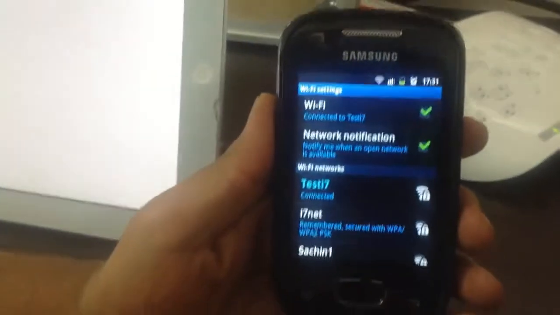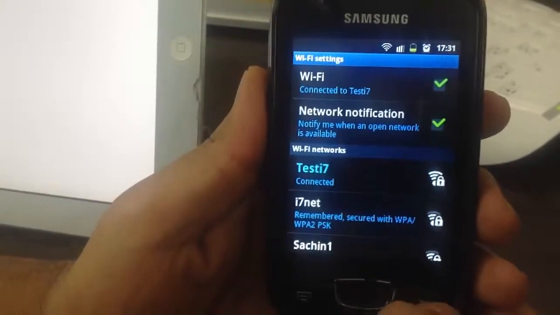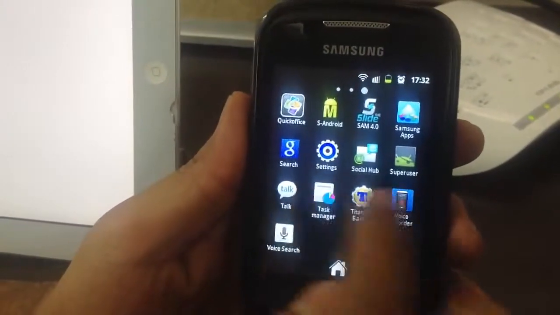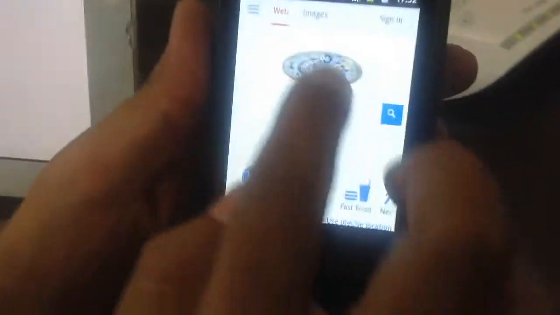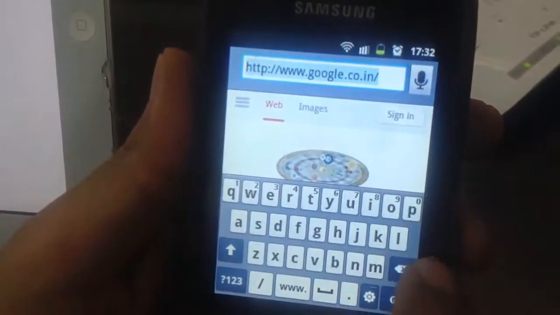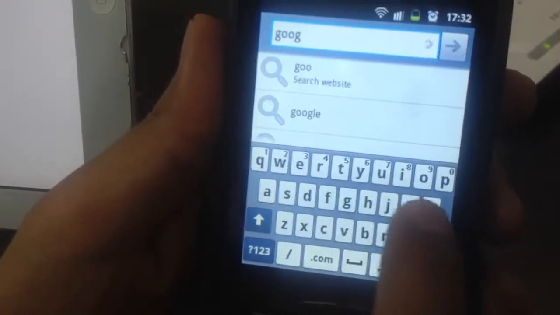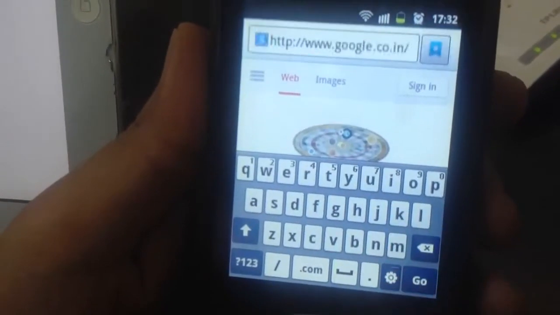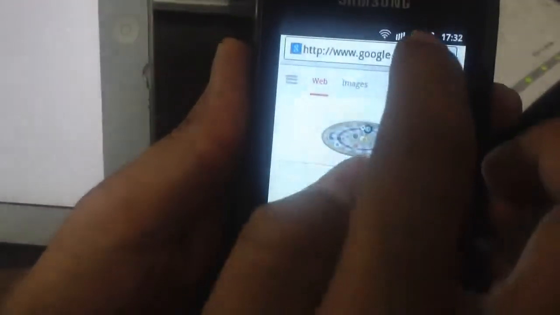Yeah, we'll try to do the same thing on an Android device. We can see that this is an Android device which is connected to the same testbed, test i7. We'll try to access both 1.31 and some external resource. We can see that it is able to access google.com. So external access is allowed for the Android device. We'll try to access 1.31.